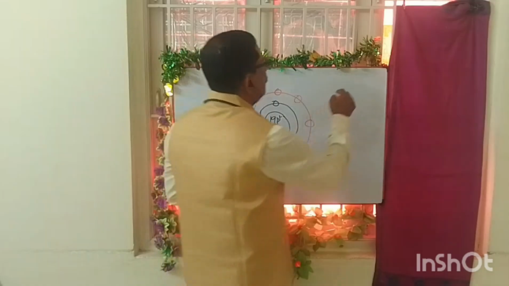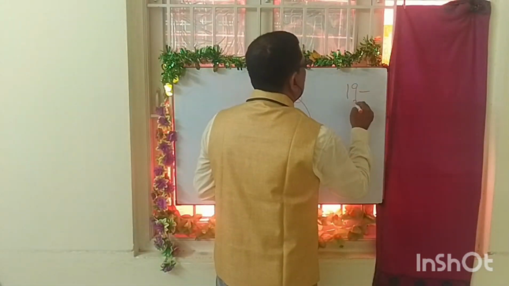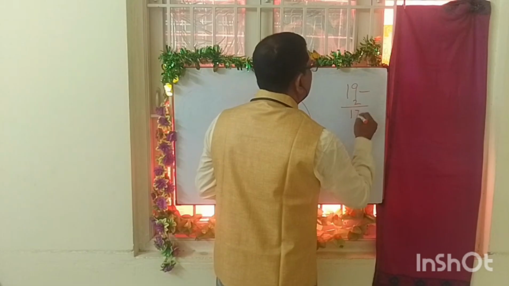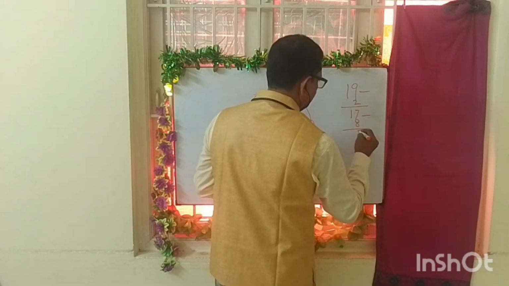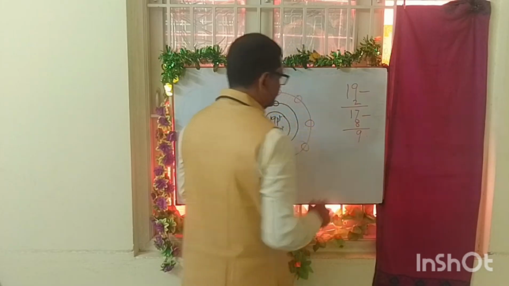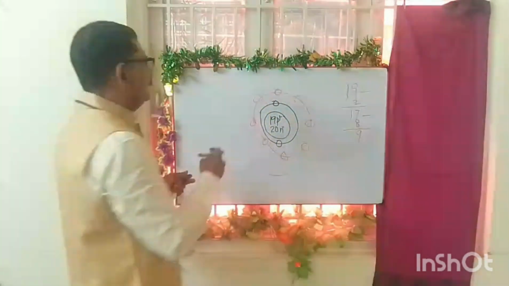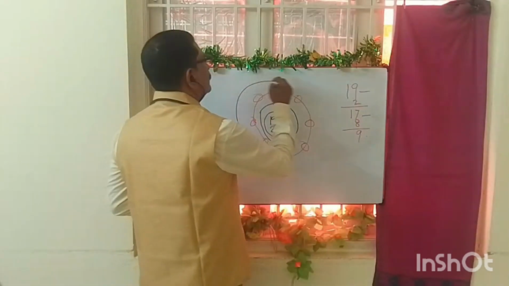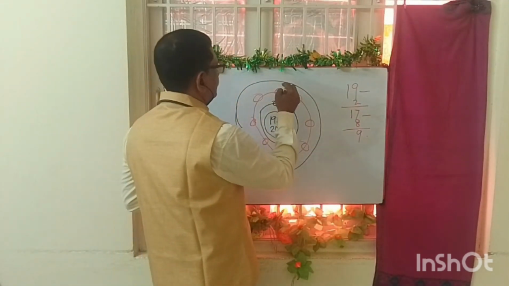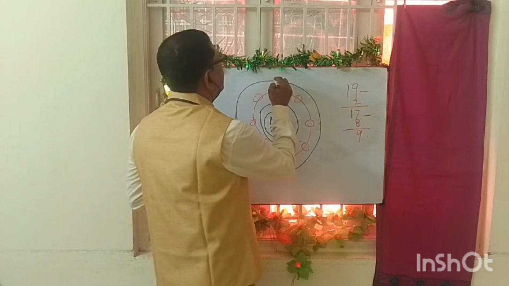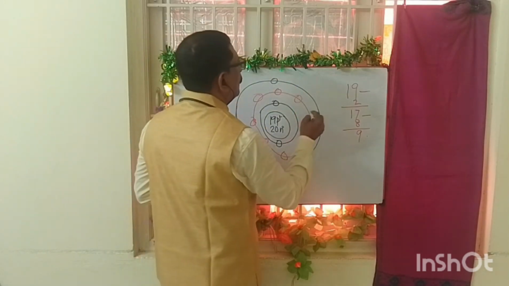Now, total number was 19. First orbit minus 2, it is 17. Minus 8, it is 9. There are 9 more electrons present. So you have to take the third orbit and start putting the electrons. 1, 2, 3,